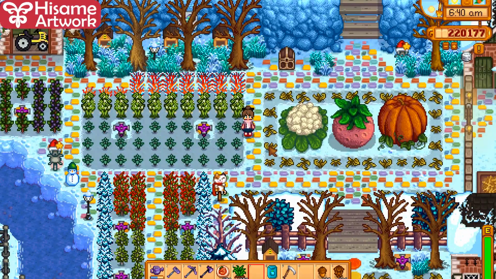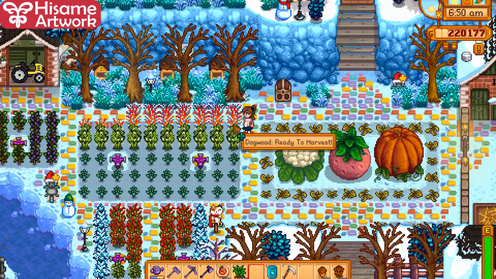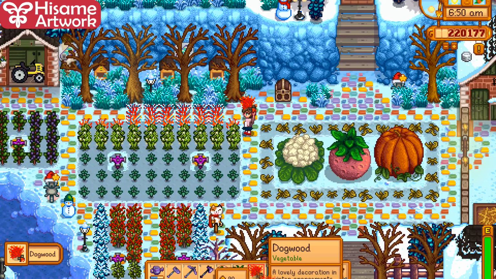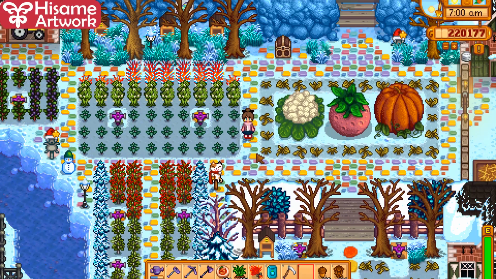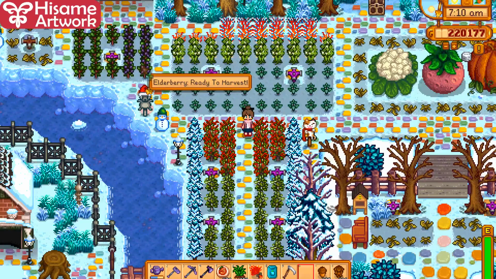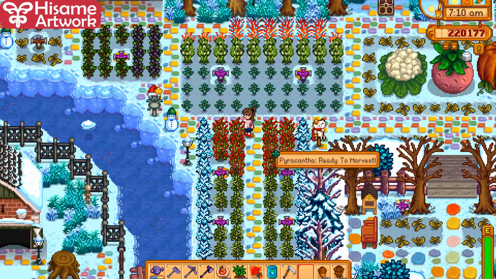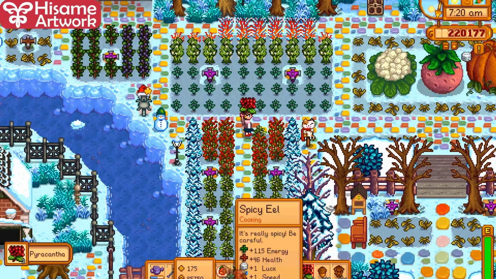So I created some 4 new crops for winter, so mistletoe, dogwood. The mint is already from the extra crop mod. I think might be from the longevity mod, and so are the elderberries. They're from that mod, so the two of them. And then I have the 4 extras that I did. So pyracantha,